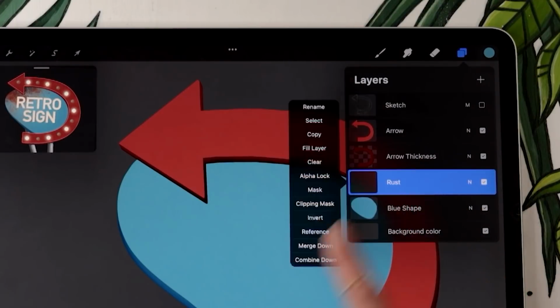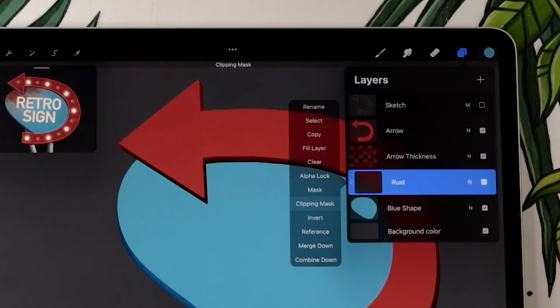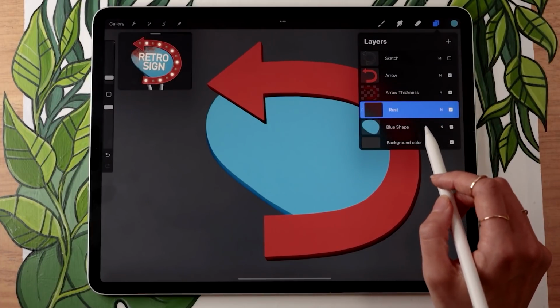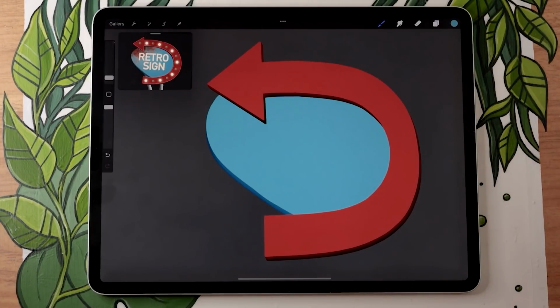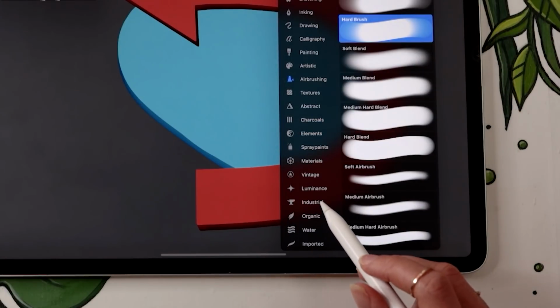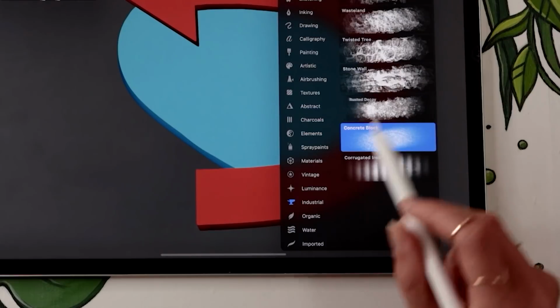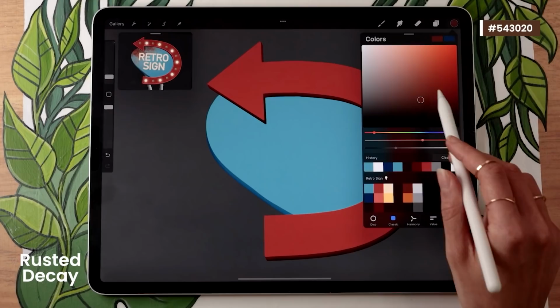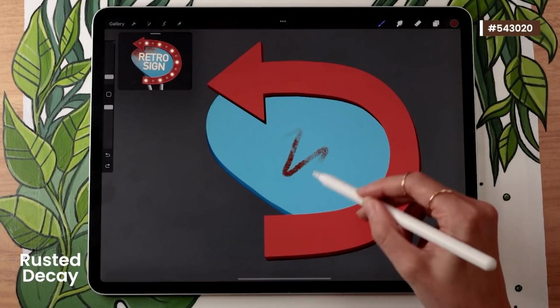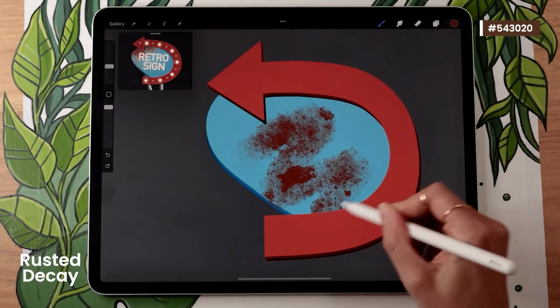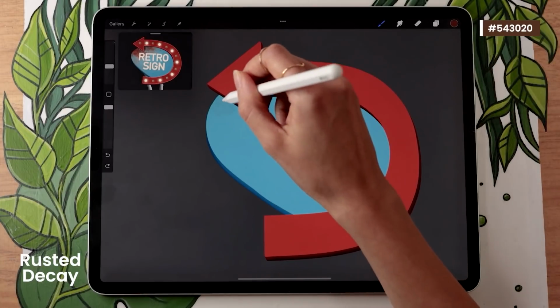So we're going to apply the layer as a clipping mask, so just tapping on the layer and then selecting clipping mask in the menu so that whatever we draw on the rust layer is now going to stay within the shape that is right under it. And the good news here is that Procreate does have a very good rust brush, so just going in the brush panel, you can pick, it is in the industrial pack I think, yes, the Rusted Decay brush. And you're going to start with a nice chocolatey brown, so something quite dark. And you're going to have to experiment with the size of your brush, but you probably want to go with something quite big because here you don't want to draw your rust, you want to stamp it instead.